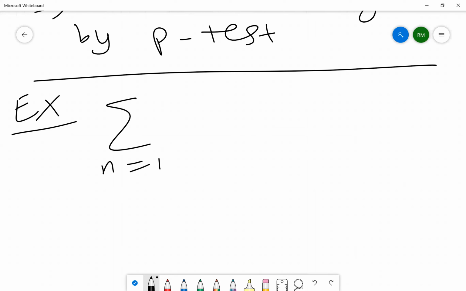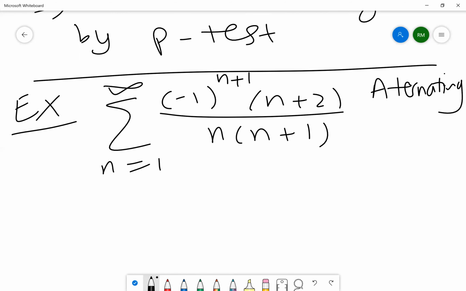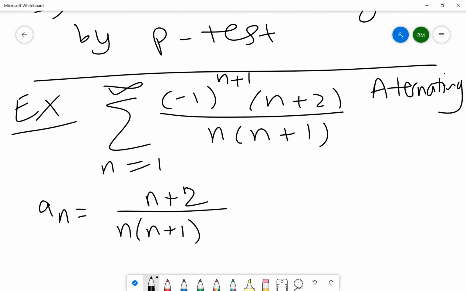Now, in all of these cases, I want you to determine whether it converges absolutely, conditionally, or it diverges. So let's write out this expression. Okay, so I see this series, and what's the first thing I notice about it? I notice that it is alternating. Okay, sorry, that's the bad handwriting there. So this is my term. So a sub n for now is (n plus 2) over n times (n plus 1). And what we notice